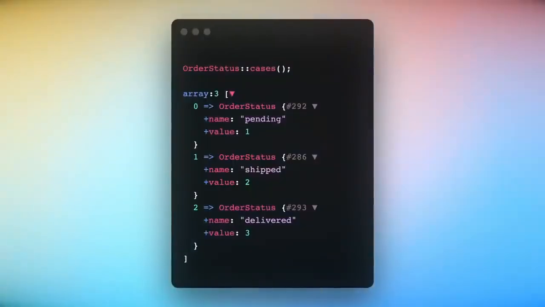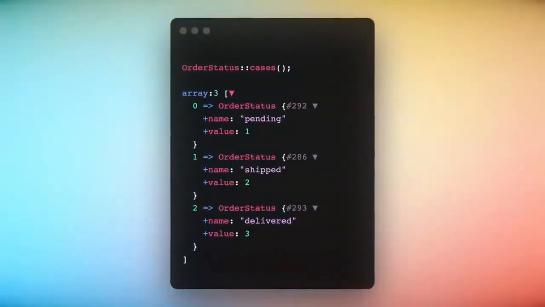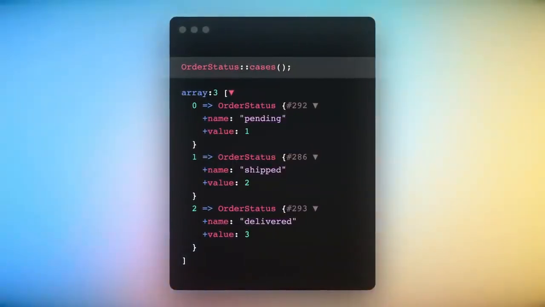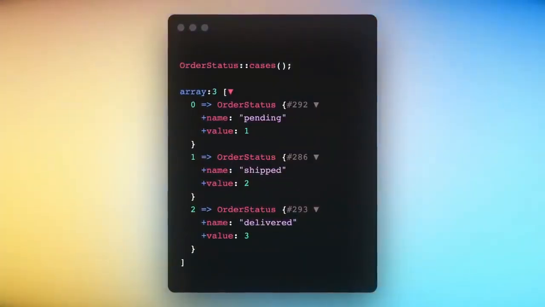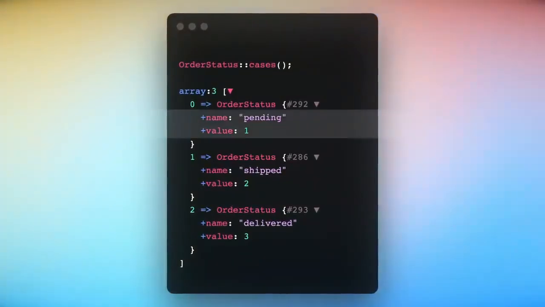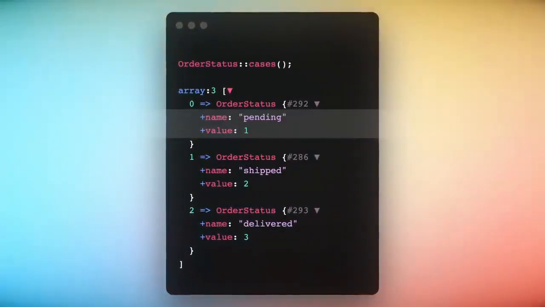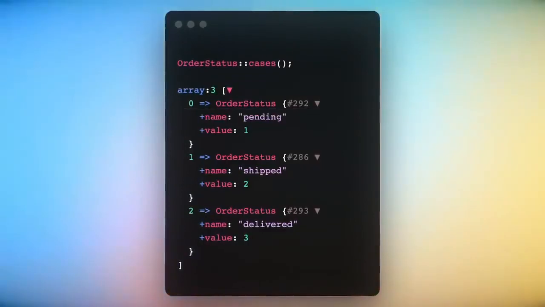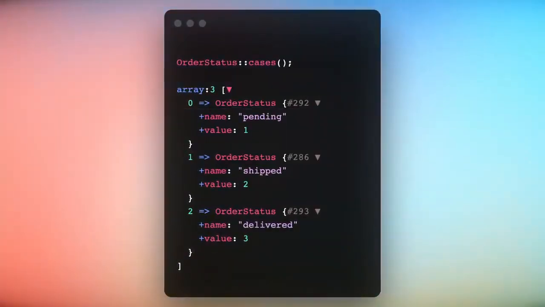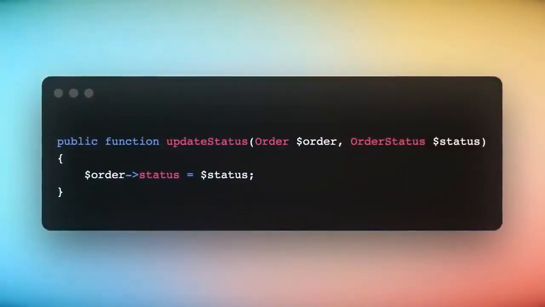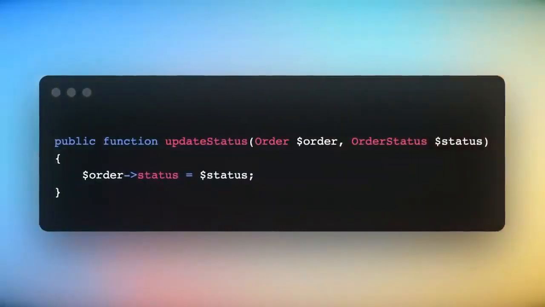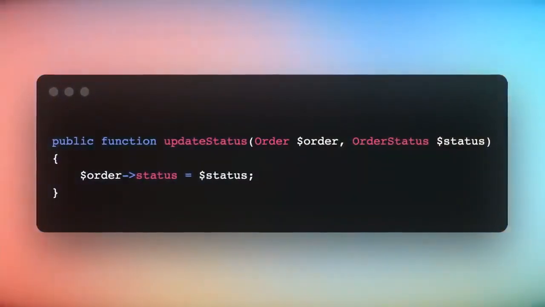We can also get a list of all the possible enum values using the cases method. This method will return an array of enums, each with 2 properties, one for the name and the other for the integer value. We can use this method to display the list of possible values in a user interface, for example. Now that we defined an enum, we can use this enum type in any of our function parameters or